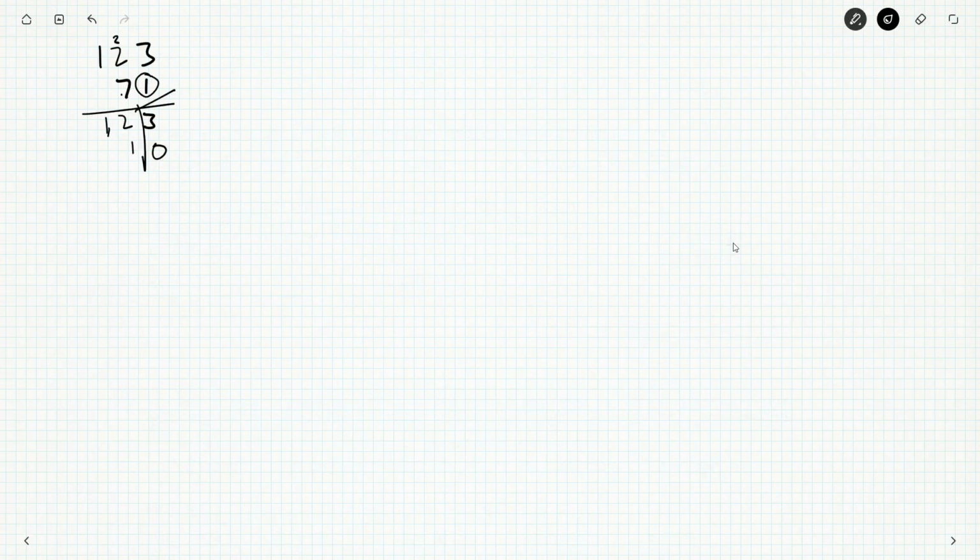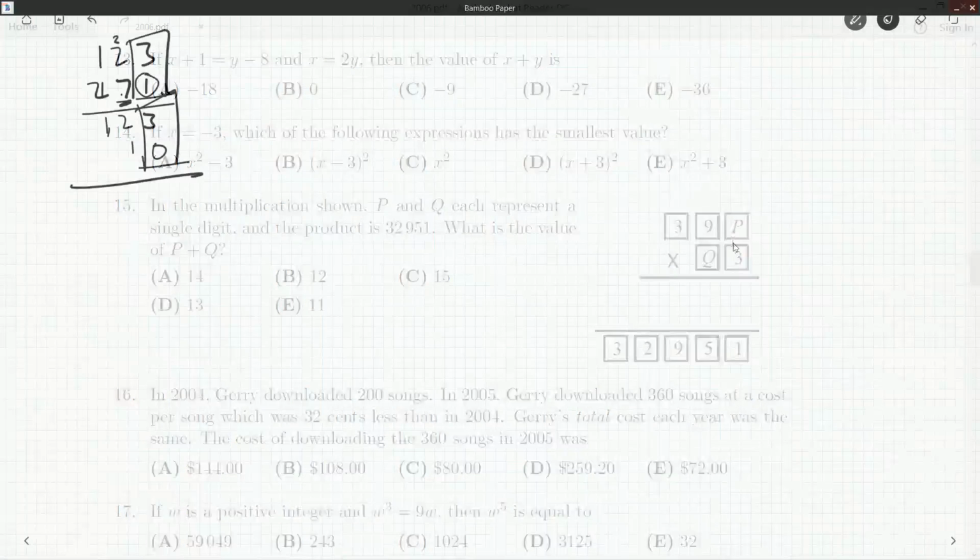But if we just focus on the units digit, there's always going to be a 0 here when we use the 7, and if we used a 2 in the hundreds digit and things like that. The units digit is determined exactly by the multiplication of our 2 units digits. And this is true not just for 123 times 71, but it's true in this case as well. So we have what? 39P